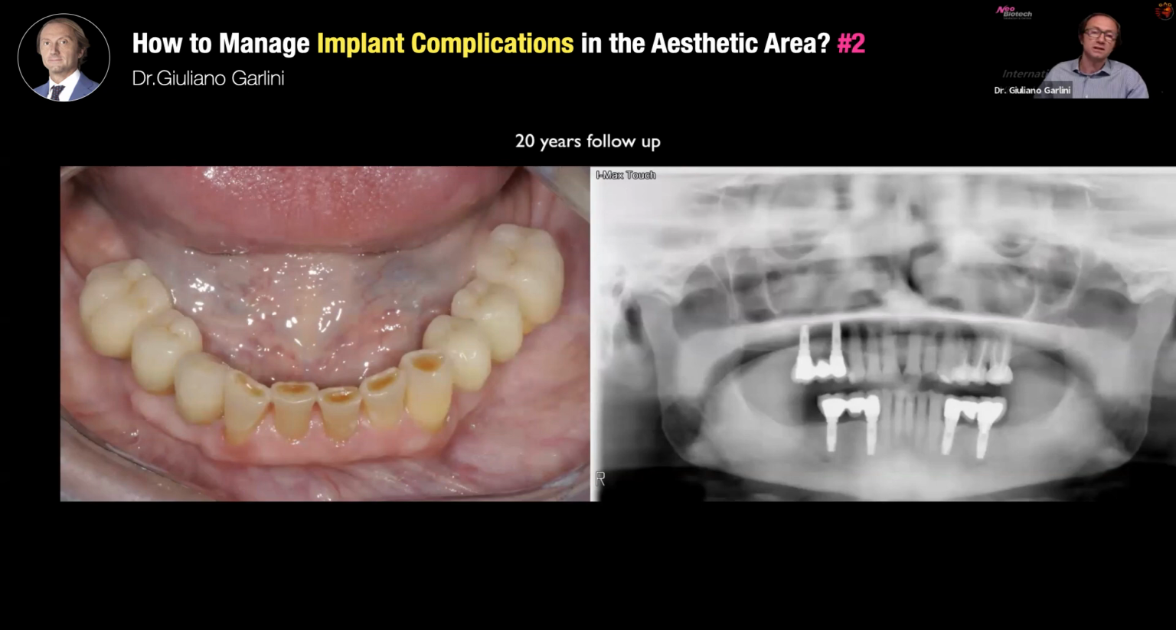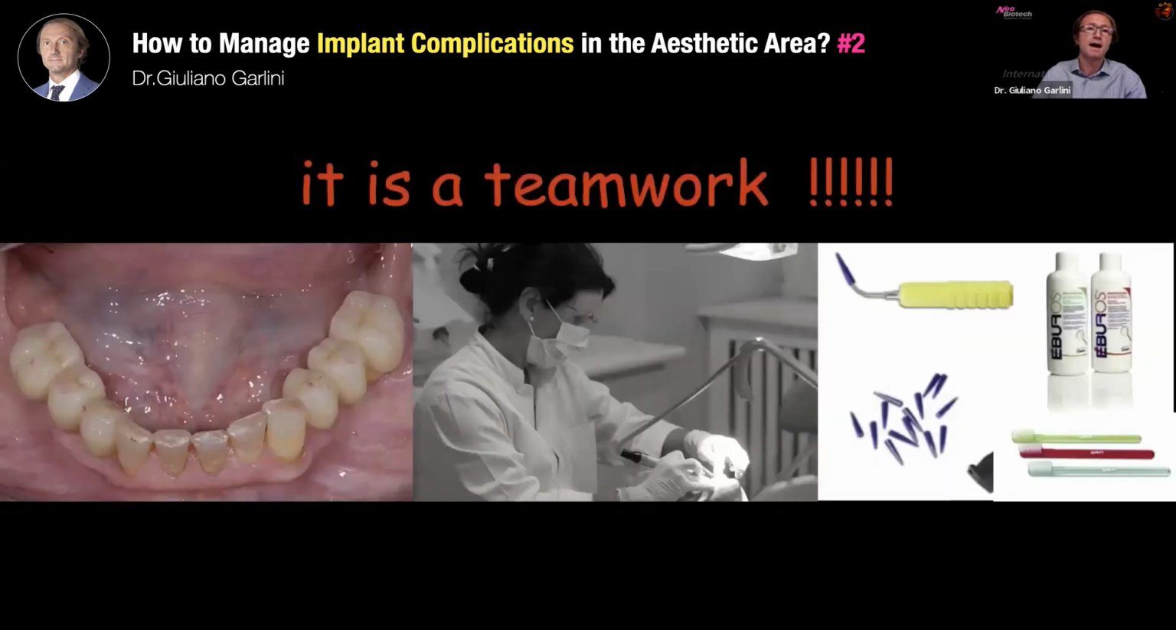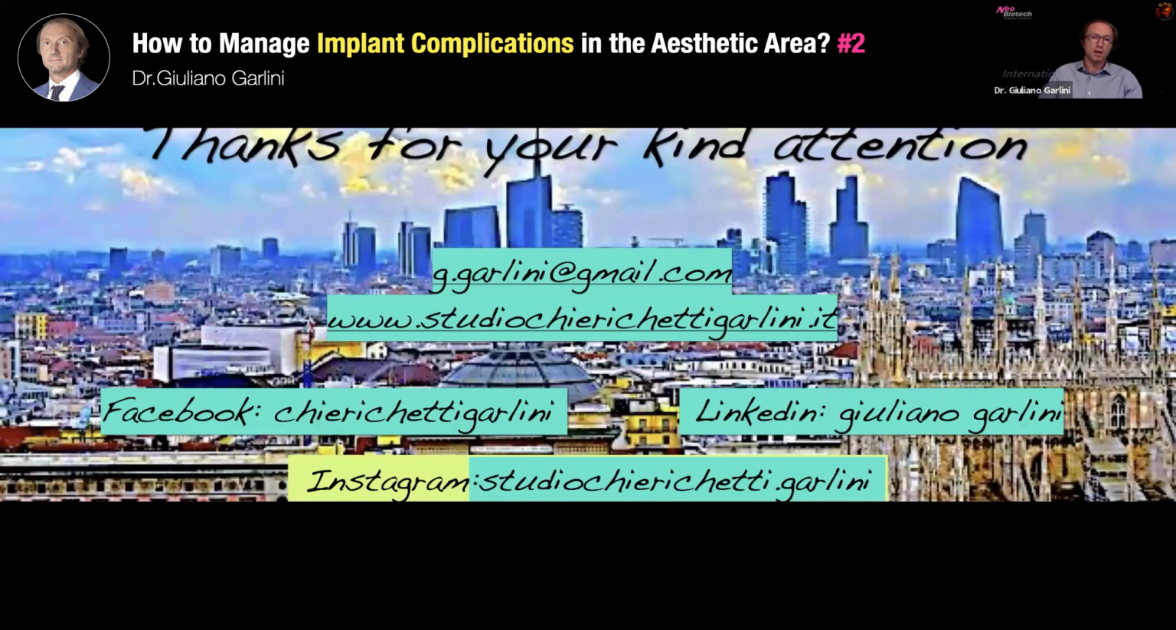But you must consider that your job is not an individual job. You are not the guest star of your office, but the final ideal result is a teamwork. You, your technician, your dental hygienist, your back office, everybody working with you in your office is important to obtain a good final result from an aesthetic and from a functional point of view. So, dear colleagues,